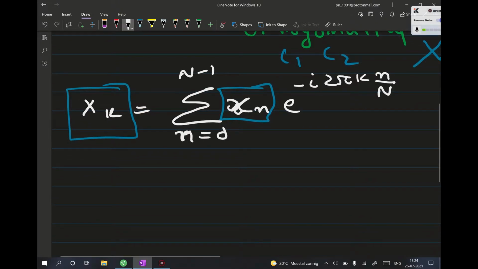So when we are iterating over the k variable, we are changing this term. K is going from 0, 1, 2, 3. So iterating